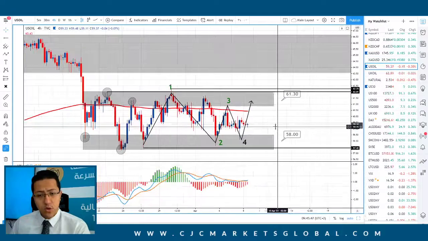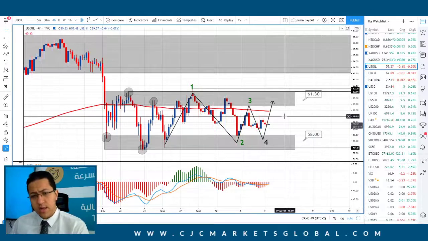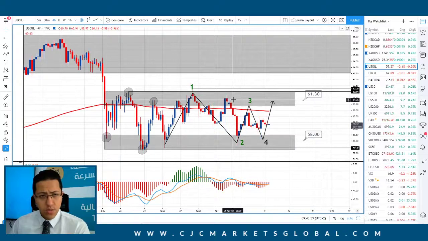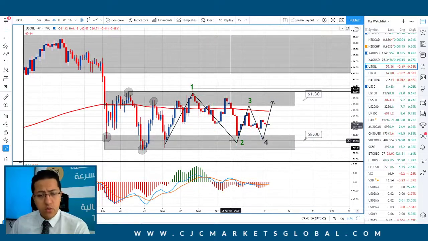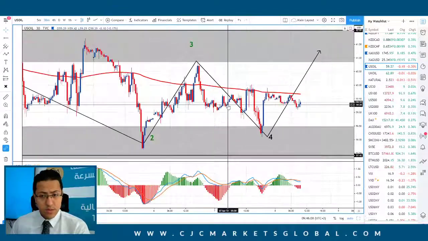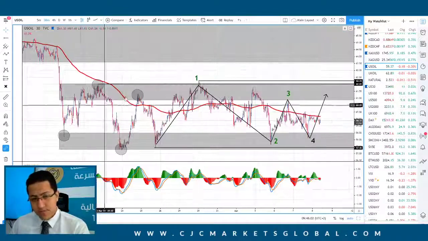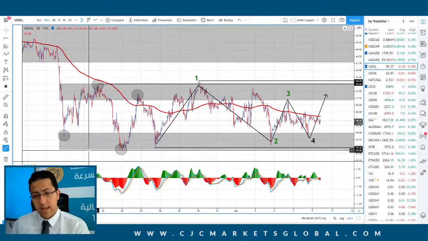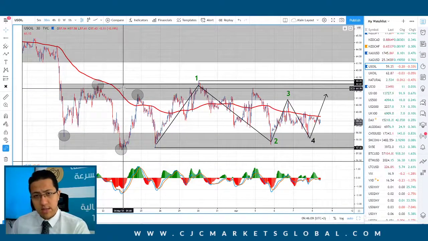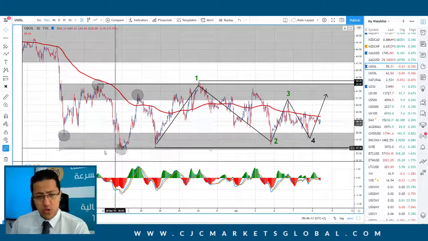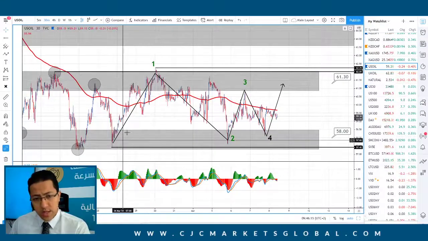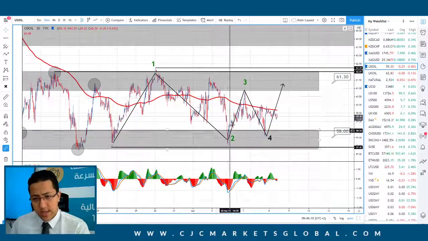Let's have another look on oil trading, which is brilliantly moving in the sideways range just between the resistance of 61.30 and the support at $58 per barrel roughly. On the 30 minutes time frame, we can see how many times, after identifying this as a sideways range with two tops or two highs just around the same level and two bottoms or two lows just around the same level, we did have this sideways range. It's a ping pong trade. That's the first successful trade, the second and the third.